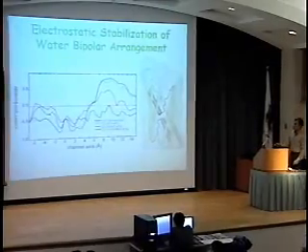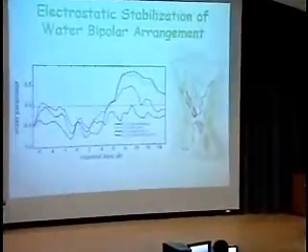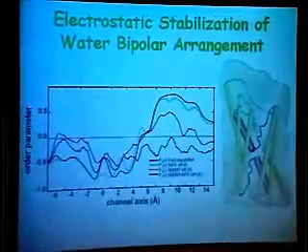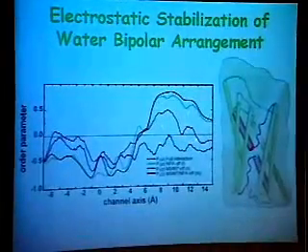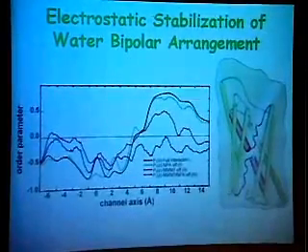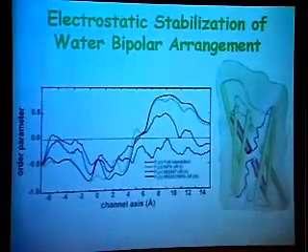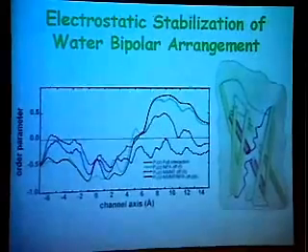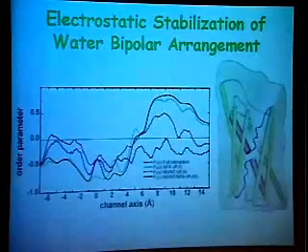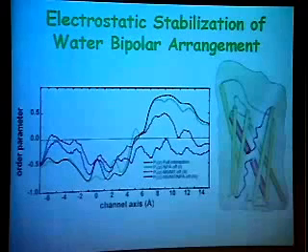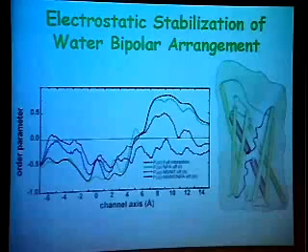If we do this together, if we get rid of asparagines and these two, now you can actually have a polarized configuration of water. That nicely explains that these two effects are both important in stabilizing the bipolar configuration of water, opposite orientation of water in the two half channels, and we will see why this feature is so important in the function of the channel. So this is the kind of game that you can do with any system that you're simulating. Change charges, shut down charges, and change parameters and see how the system changes,